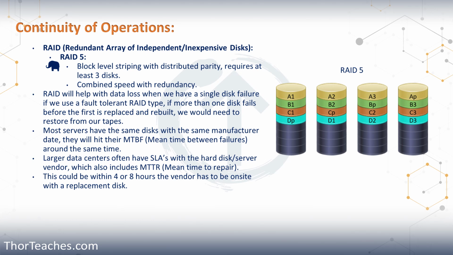Most of the systems I have seen this used on were not critical systems because we only have a single disk fault tolerance, and we might want more if it is a critical system, or at least have some sort of other redundancies in place to ensure that we don't really have any downtime. Because with RAID 5, we are protected against data loss if a single disk fails, but if more than 1 disk fails, we are just as lost as we would have been if we did not have any redundancy. Which also means as soon as we realize a disk has failed or we get a predictive failure on that server, we replace the